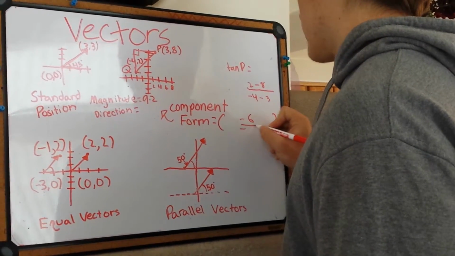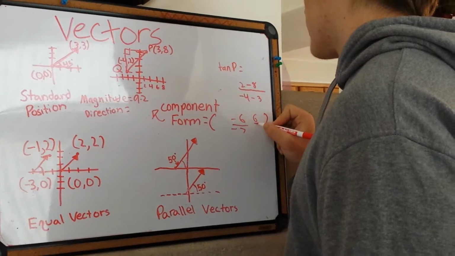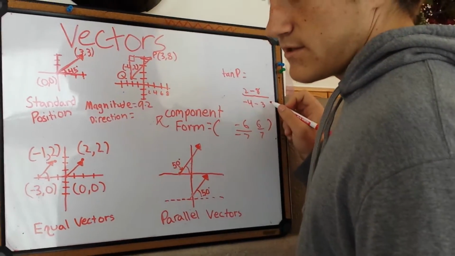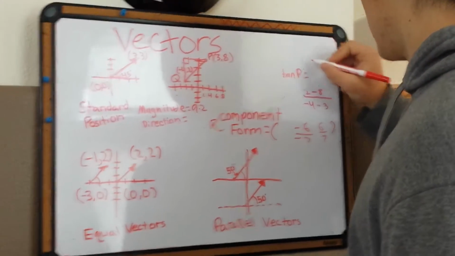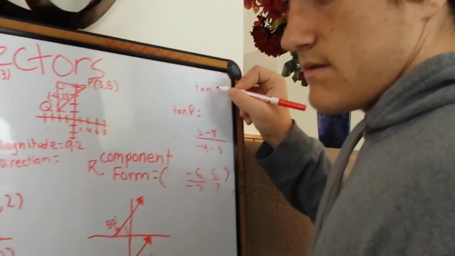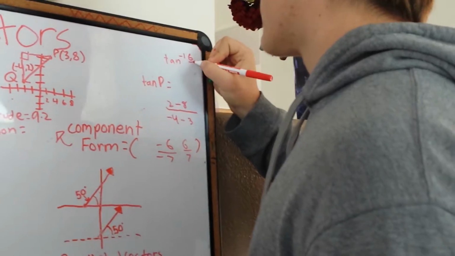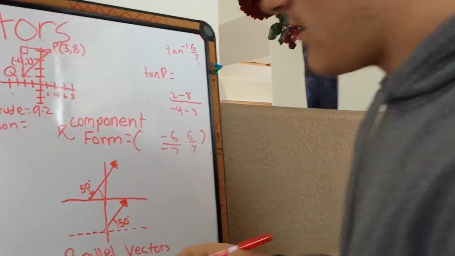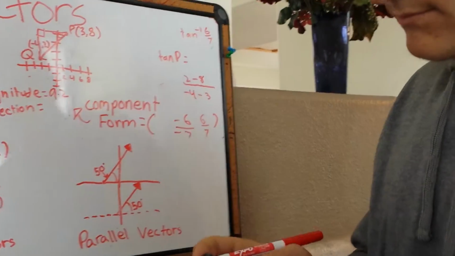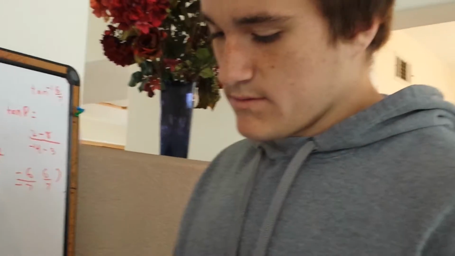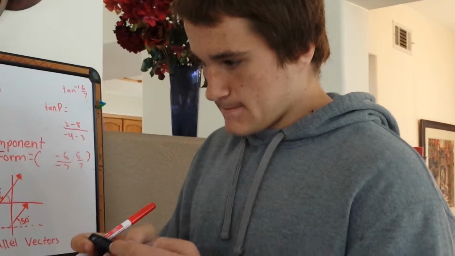And once you get that, you get negative 6 over negative 7, which reduces to 6 over 7. So now that you know the tangent inverse is 6 over 7, you plug that into your calculator, and once you have it all plugged in, so let me do this real quick, plug this in, and you get